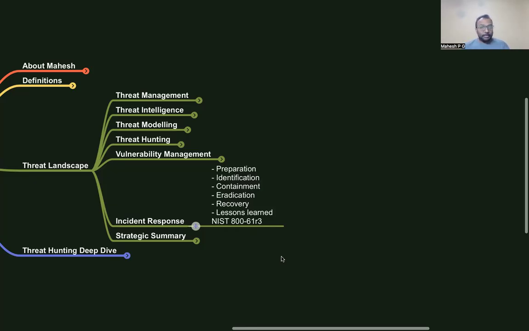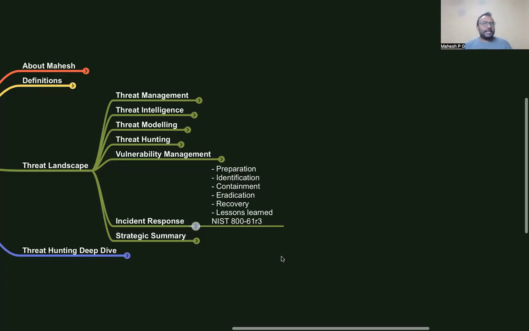In short, incident response starts with preparation, related to threat management. We will prepare for that, create the standard operating procedures, create the right use cases aligned with organization requirements, MITRE mapping, etc. Once the use cases are available in the SIEM, the security incident and event management, we will be able to identify the threats coming to the organization. Then once we identify there is a threat, an alert, an incident, we have to contain it so it does not go beyond that system or the cluster or the VLAN, etc.